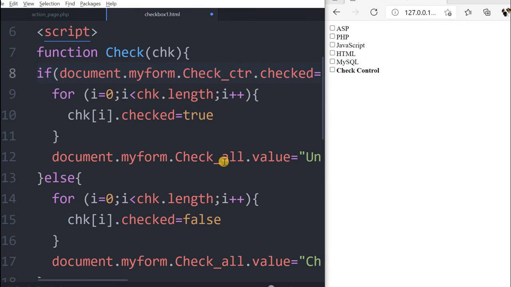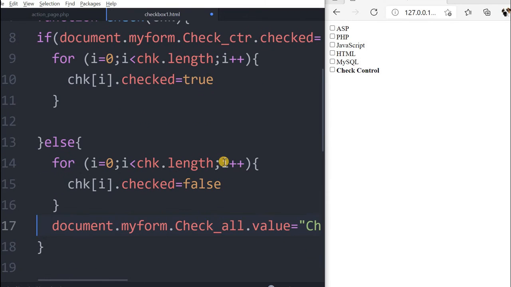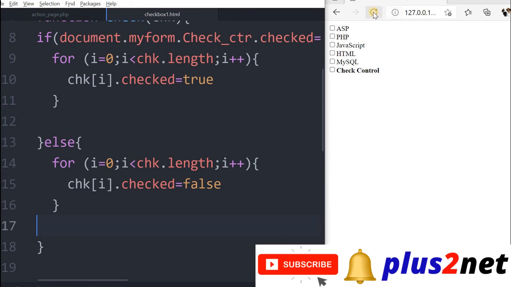So if it is checked, then do this, and this line is no more required because we don't have a button now to change the label, so value need not change, so this button line is not required. Let me just save this, refresh this. Now check all, check control. Now I'll uncheck it, check it, so everything I can control.